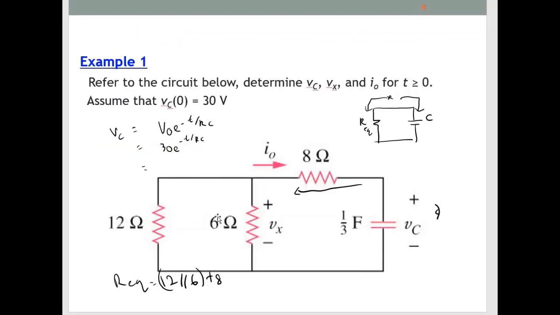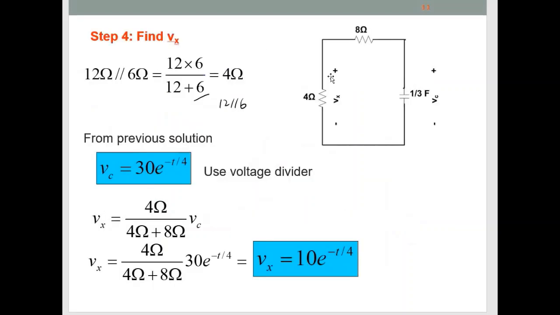Vx, but we know that V6 and V12 will be the same value. That's why we make it parallel, then calculate the Vx. And from here, just use voltage divider: 4 over 4 plus 8 ohm times the VC. VC is from the previous slide; we have calculated VC from the previous slide. And then straightforward, after using voltage divider, you can get 10 e negative t over 4 volts